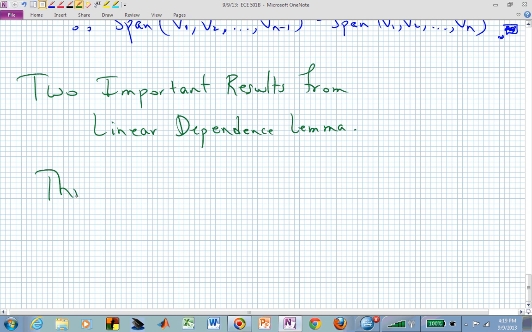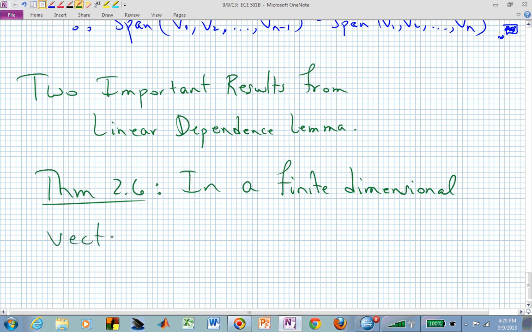And one is actually labeled as a theorem, Theorem 2.6, and that says the following. This is not a verbatim rewrite of Theorem 2.6, it's written a little bit differently, but in a finite dimensional vector space,